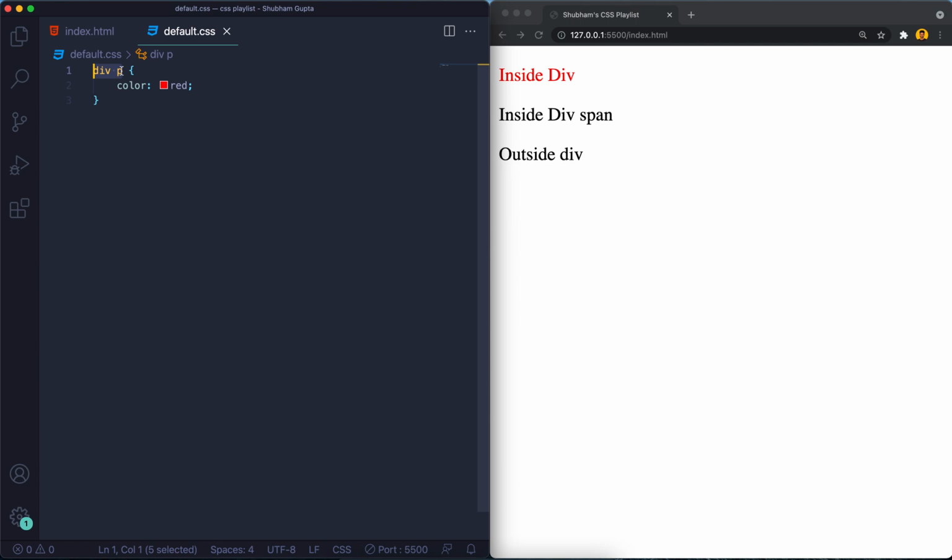So we can copy this, add a comma, enter, div span. We can give multiple things by using a comma. The paragraph in the div will get this property, the span in the div will get this property, and the outside will not be impacted. This way we can use multiple selectors. So this is all about this video, and let's wait for the next one.